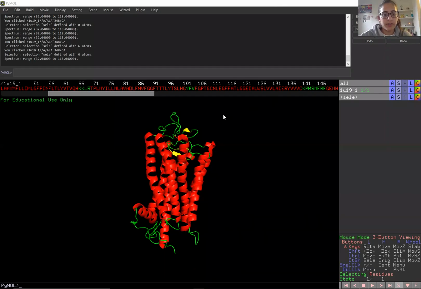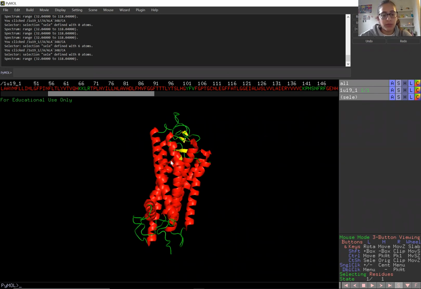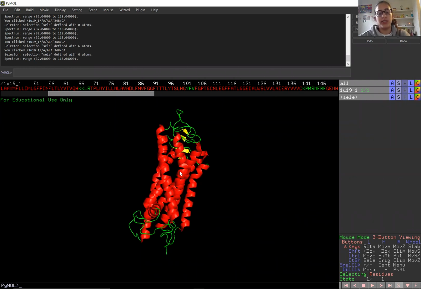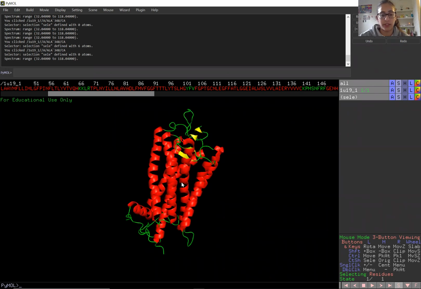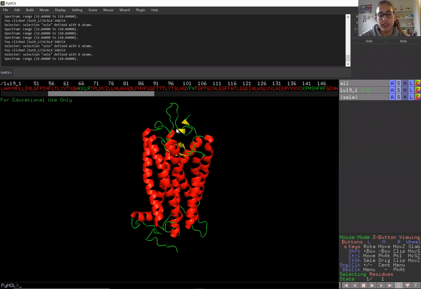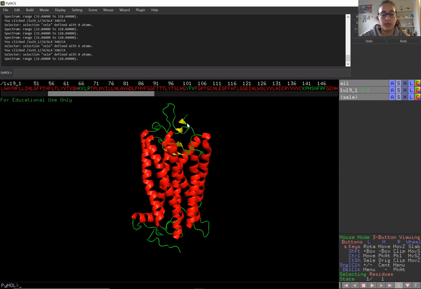This protein is derived from a crystal structure of bovine rhodopsin, and it's taken from the organism Bos taurus, and not Homo sapiens, but the structure of the two proteins is very similar. So we can see here the protein structure folded, the secondary structure folded into tertiary. In red, we can see the alpha helices, and there are 7, which are the 7 transmembrane domains. In green, these are connected by random coils, and then in yellow, you can see some small beta pleated sheets